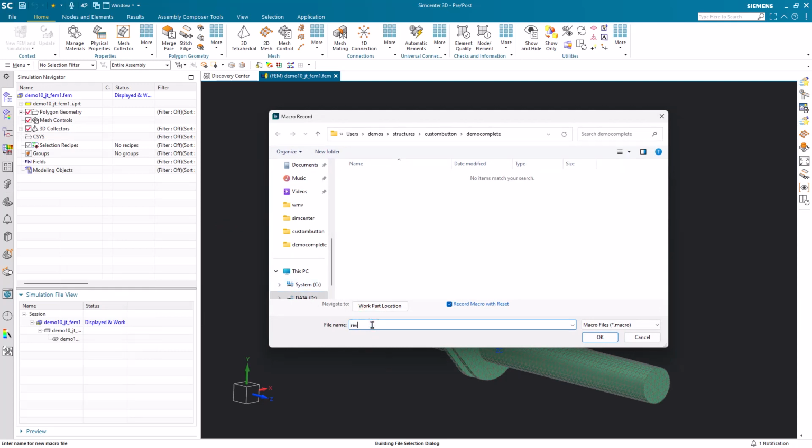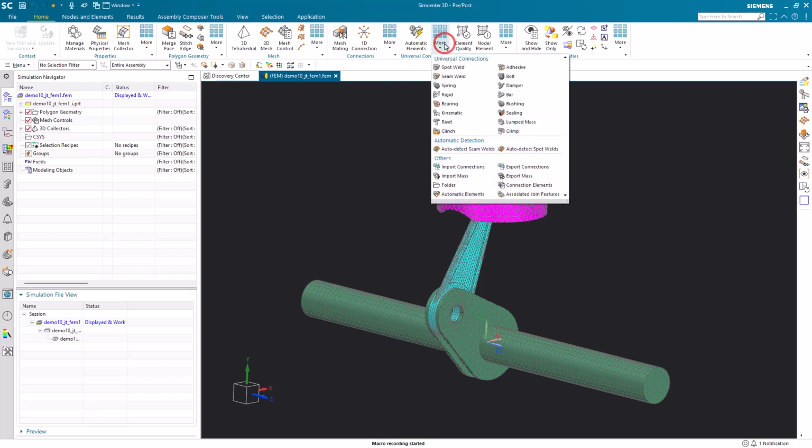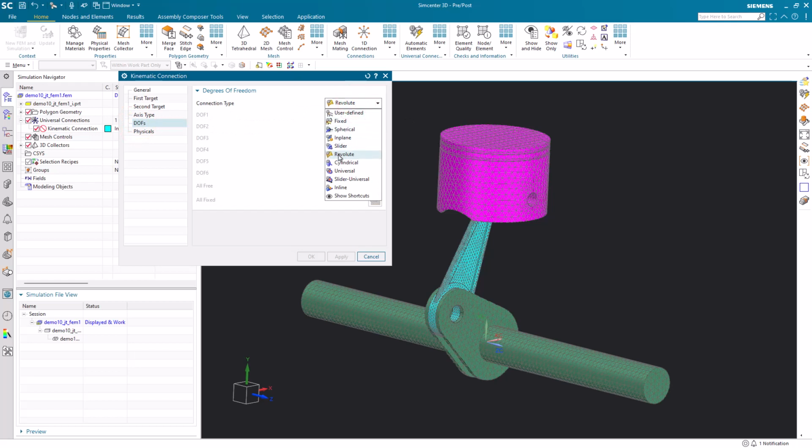It'll ask us to give it a name. And here I want to create a revolute joint in a universal connection. So now you can see the macro recording has started. It's recording all of our button clicks and keystrokes. So here I'll go into my kinematic connection, which is where we'll find our revolute joint. And if it's already selected, it's a good idea to select it again to make sure that it will be